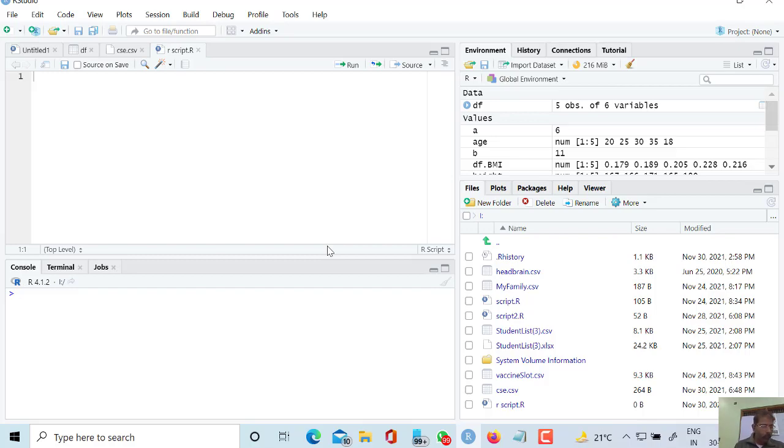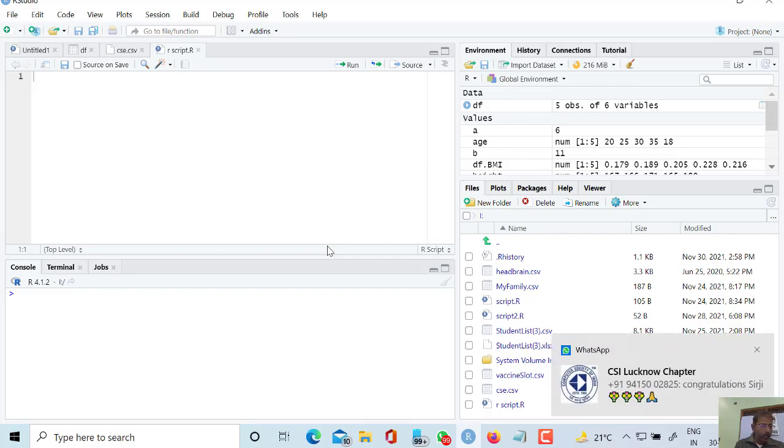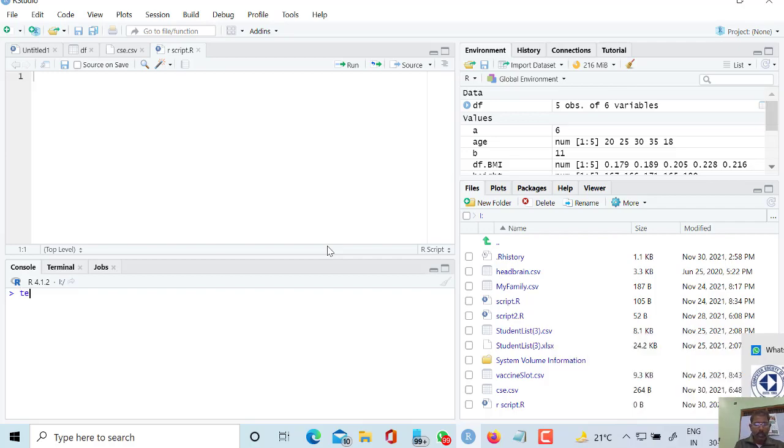So let us write a very simple program. Suppose I am writing test. This hyphen can be obtained by pressing Alt and hyphen symbol. So create some variables, suppose 3, 4, 5, 56 and -6.